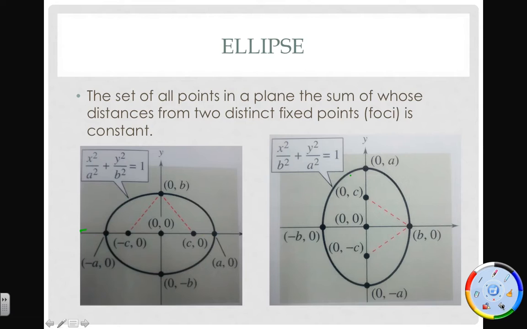And actually, let me kind of scratch that. It's actually major axis is this. This is a horizontal major axis, and the length of the major axis is 2a because it goes a to here and a to here. So this is the major axis,